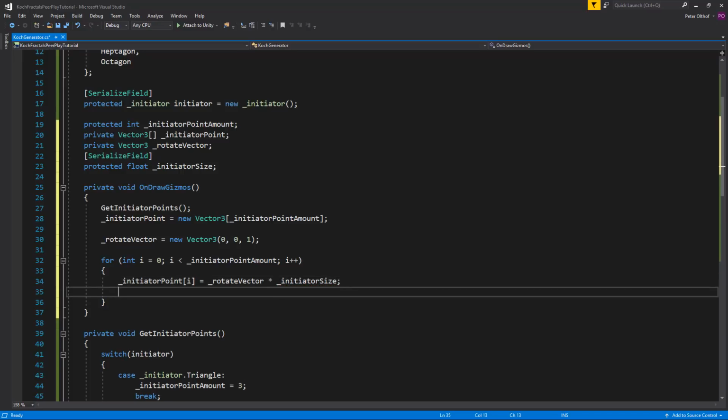Now we need to rotate our rotate vector by a certain angle. So we're going to say our rotateVector is going to be, and for this we can use Quaternion.AngleAxis. What this will do is it gives an angle and an axis in which to rotate. And the angle has to be 360 divided by the amount of points that we have. So if we have 3 points, it will rotate by 120 degrees. And here we need to specify on which axis the rotation takes place. And for this I'm going to create a new vector,